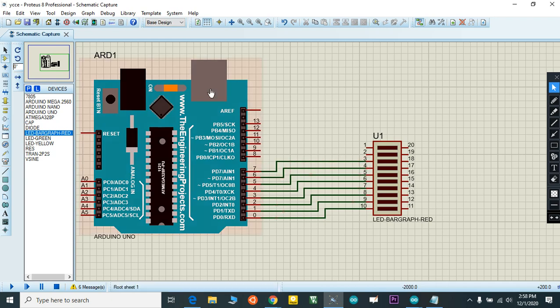You can see here I connected the LED and I need to ground this. It's an LED array, what we call an LED bar graph. If you want, you can individually connect 8 LEDs separately and ground them. For time's sake I'm just doing it the easy way. Ground pin, need to connect.